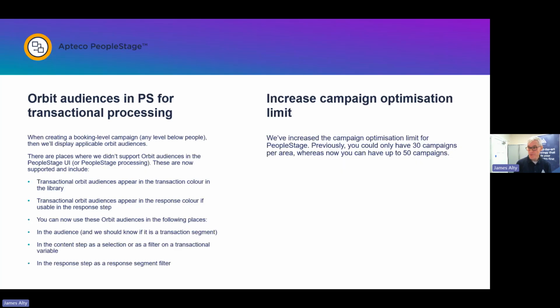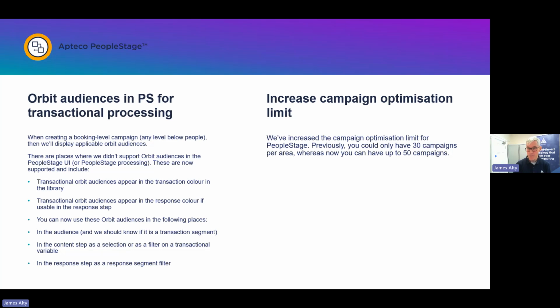Also, if you do transactional campaigning, by which I mean you send communications where there's more than one message to the same inbox in the same iteration of a campaign. The classic example is someone who insures two separate cars. They've got two policies. They both need correspondence to offer renewal of both policies, but think subscriptions or gifts or anything that one person can maintain multiple of. Previously, you could define those in PeopleStage. Now you can define them in Orbit, and an Orbit audience selected on a transaction table will now appear